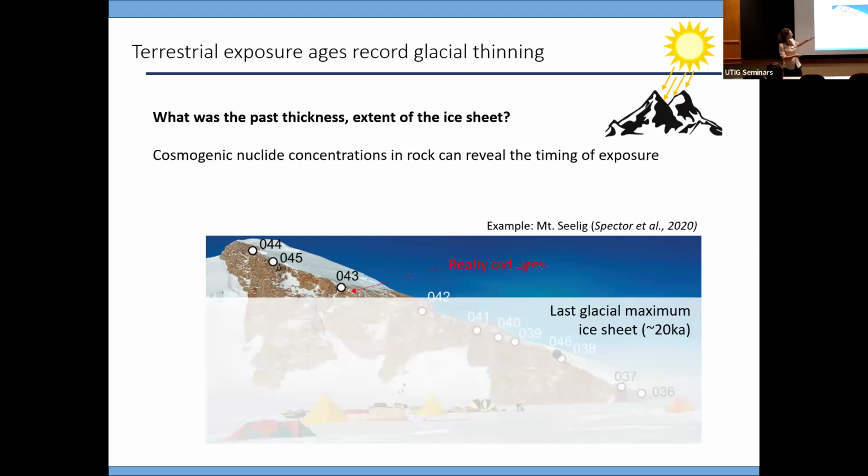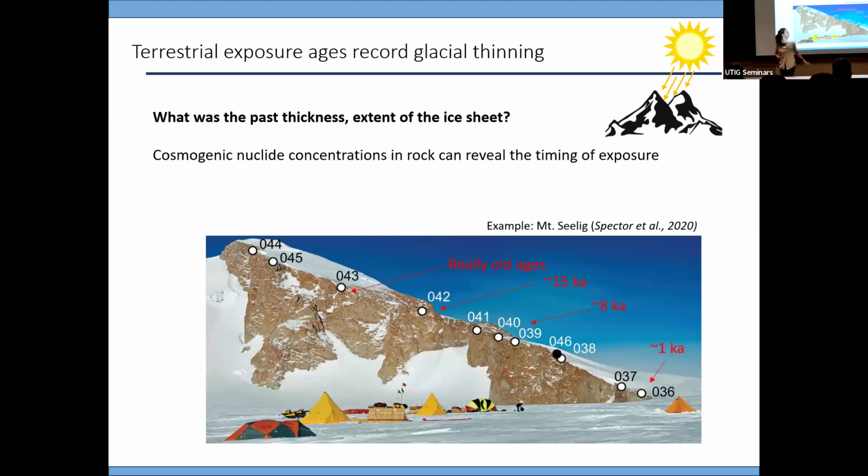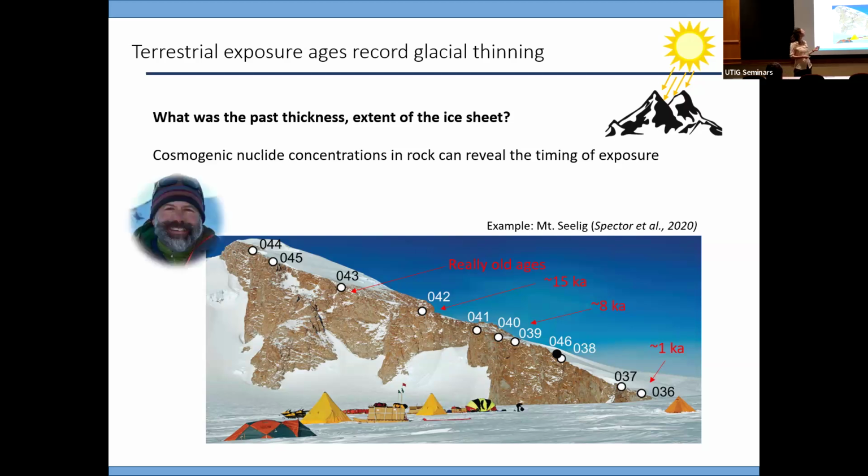So, for example, at this outcrop, say the tip of this mountain was exposed during the last glacial maximum. These samples would have really old ages, maybe millions of years, maybe Pliocene, but anyway, older than the last glacial maximum. And then as the ice sheet thinned, the ages along this elevation transect get progressively younger. And so we can use this to record the thickness and timing of ice sheet thinning. And that's a model quantity, so that's what we use to compare to the models.